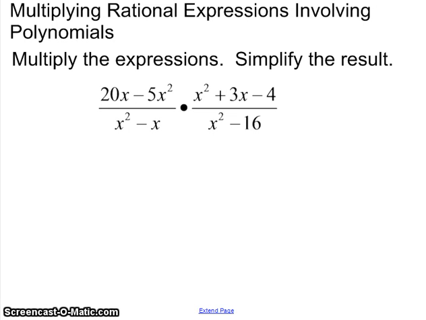Video is in section 8.4, and this is the second video on multiplying rational expressions. In this video, we're going to concentrate on rational expressions that have polynomials in the numerator and denominator. Any polynomials in a rational expression must be factored before you can cancel or simplify the common factors. So I'm going to factor each of these four